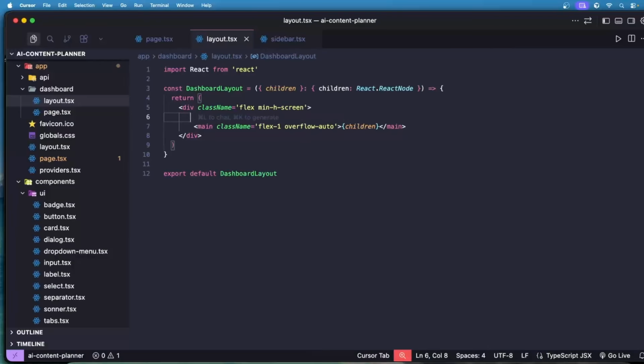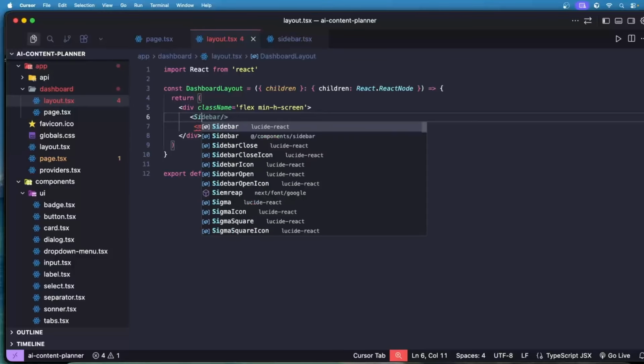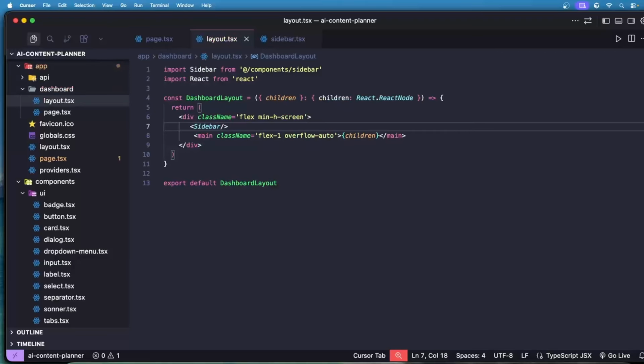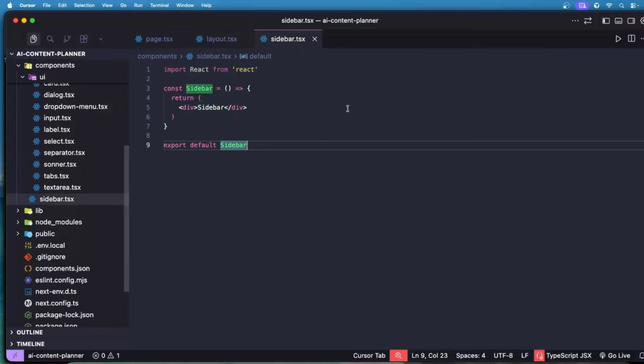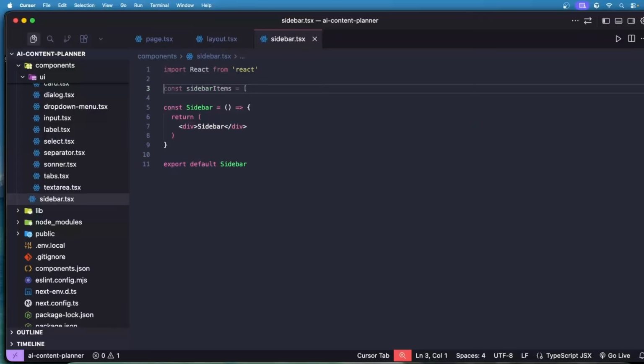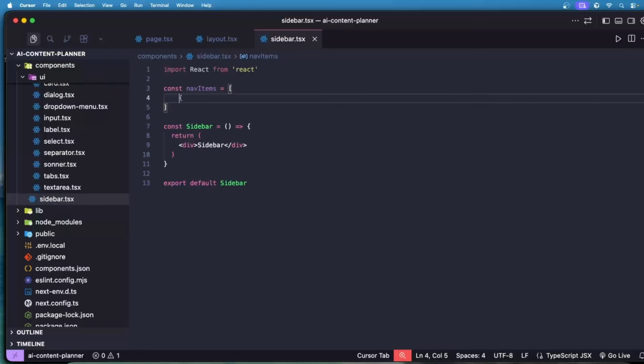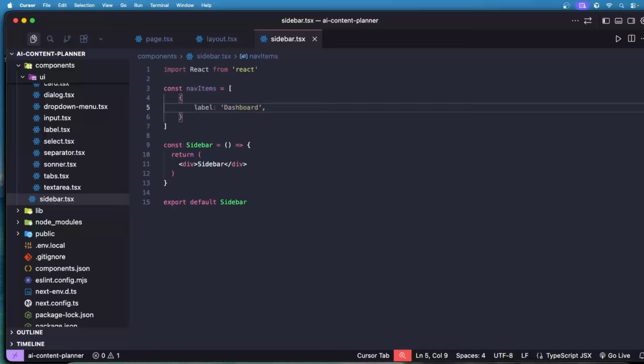Instead of this, we can simply import Sidebar from the components folder. Let me self close it. Okay, right now you can see, perfect. Now we will design this sidebar. So how can you design it? For example, we need some nav items, so that's why here we'll have const navItems, and it will be an array of objects. We will have, for example, href